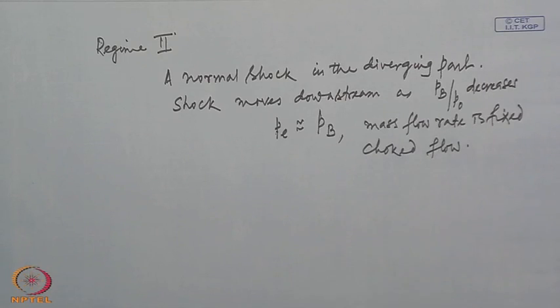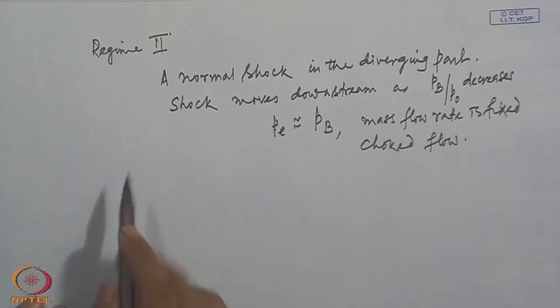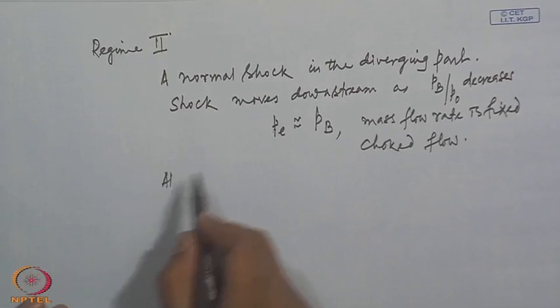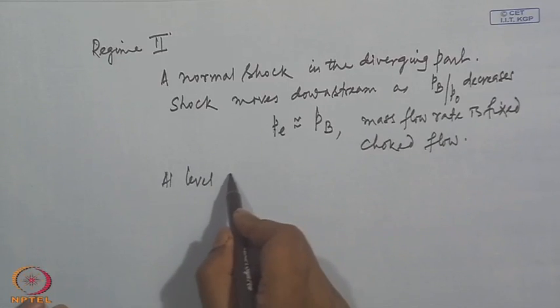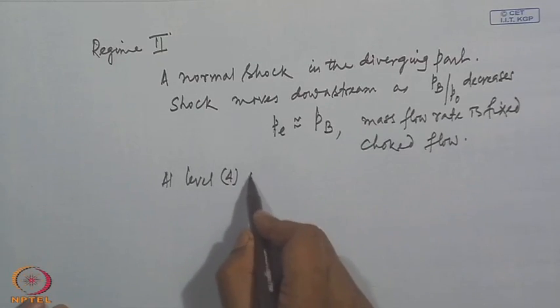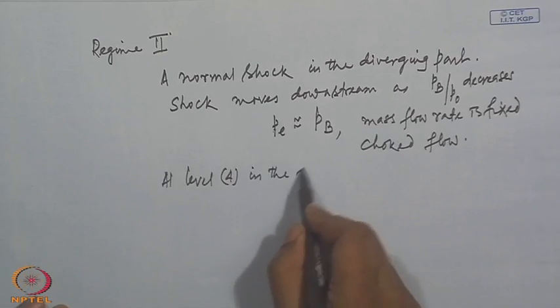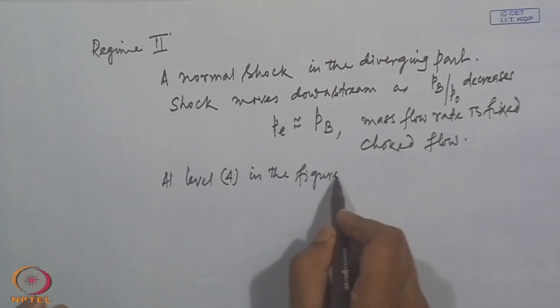So, when the back pressure reaches the level of 4 in the earlier figure, the shock moves furthest, that is, at level 4 in the figure,